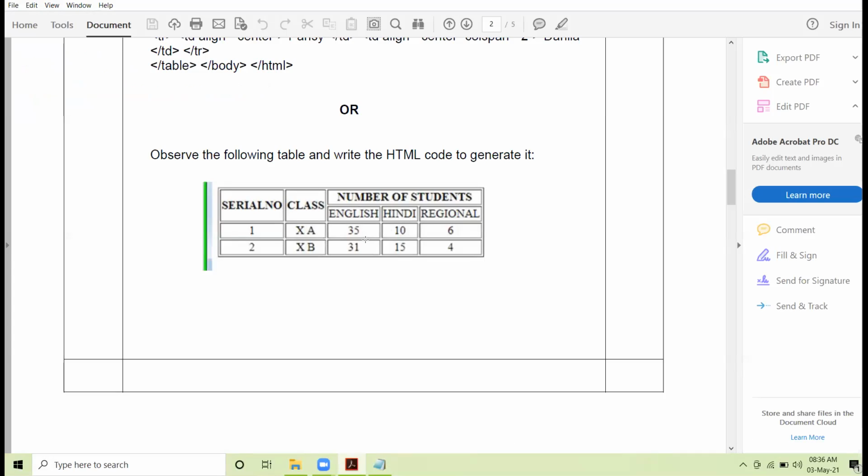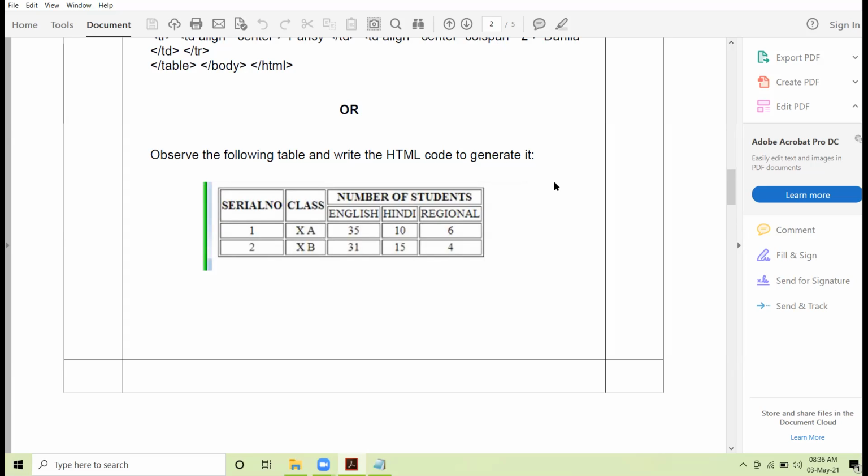In the question, carefully see the vertical border in green color, and it is appearing only on the left side. So this indicates that frame is to appear only on the left hand side.